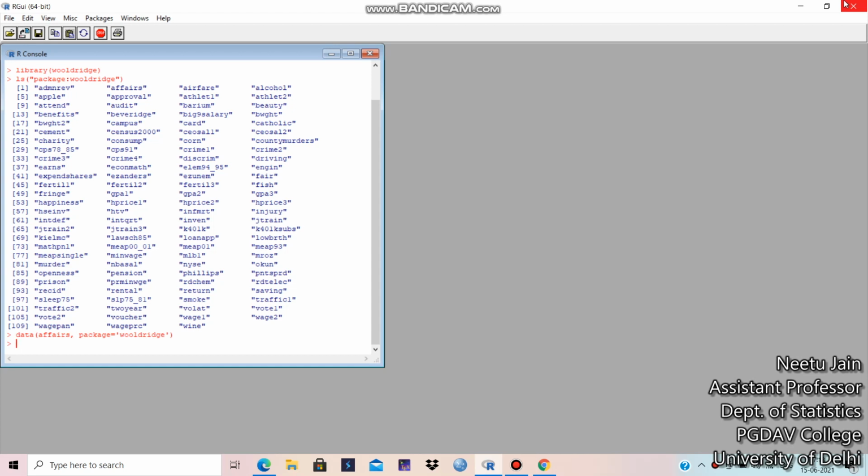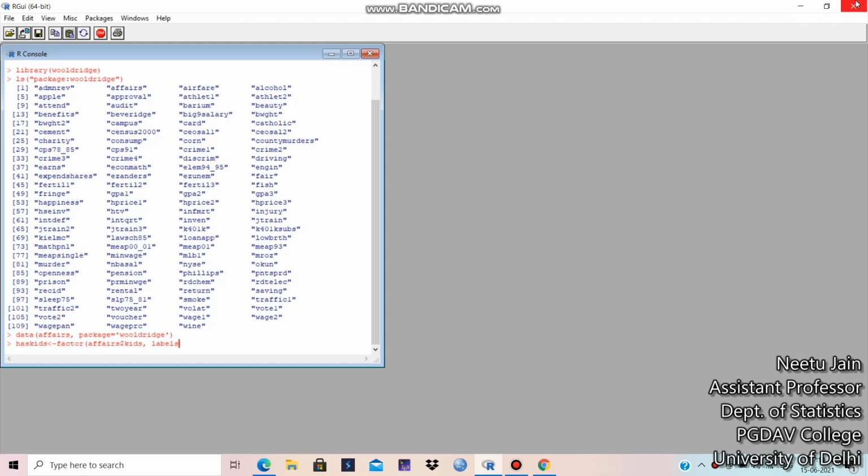Now in this data set there are several variables. Let's generate factors to attach labels. Suppose we give the variable name haskids. This is to generate the factor, so we are using the command factor. We are taking the factor from the data set affairs, so we write affairs, then the dollar sign, the variable kids, comma, labels.